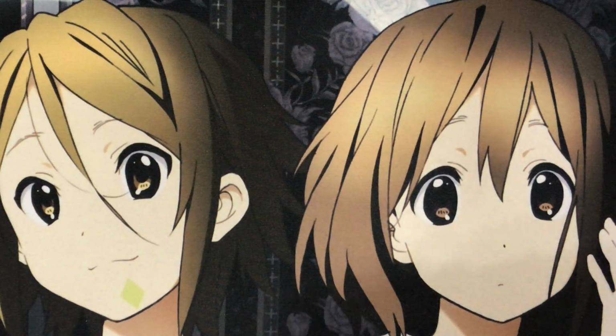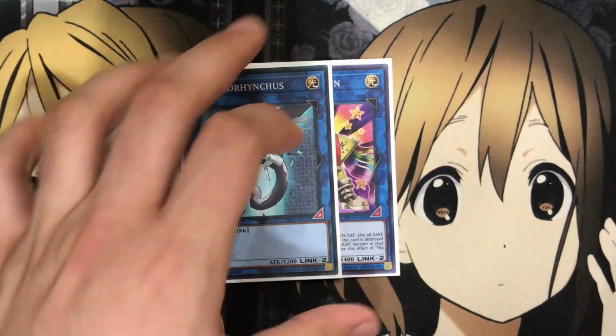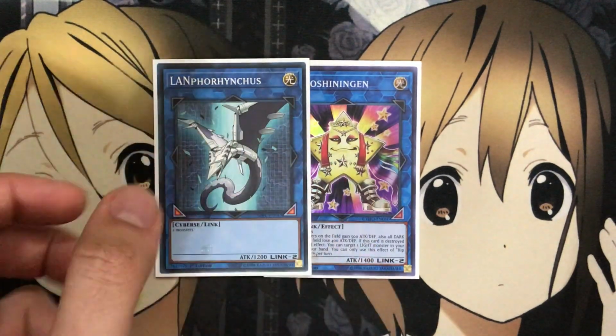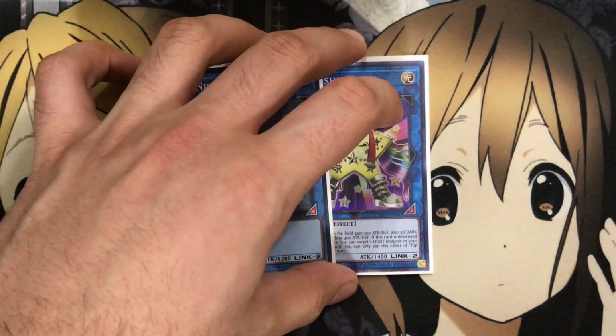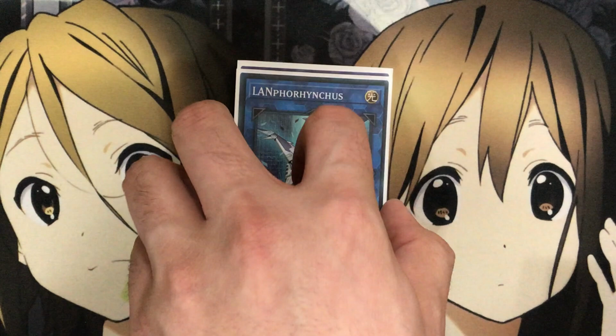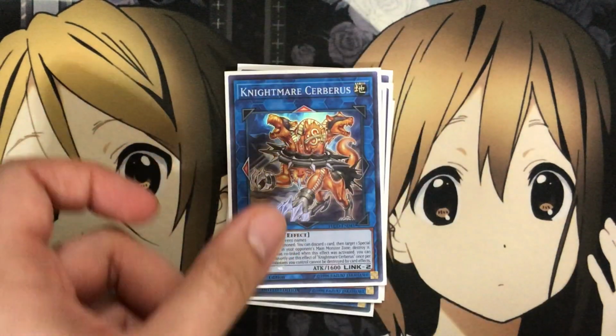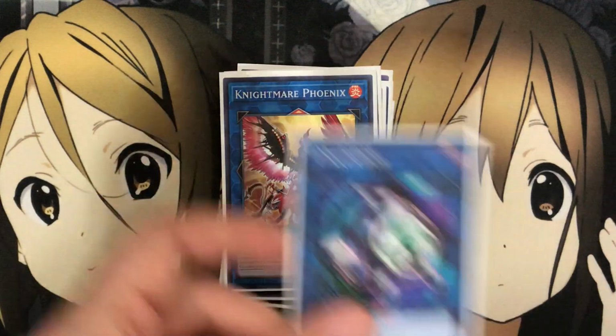And then for the extra deck, when you can go into the extra deck, it's more of just a generic option to go into, but I run 1 Hippo Shenengen and 1 Landfornicus. If you want to run 2 Hippo Shenengen, you can do that as well. Just sometimes with some of the other Link monsters in the deck, Landfornicus can just help to readjust your arrows on the field. Also 1 Akashic Magician, 1 Summon Sorceress, 1 Nightmare Cerberus, 1 Nightmare Phoenix, 1 Link Karibo for